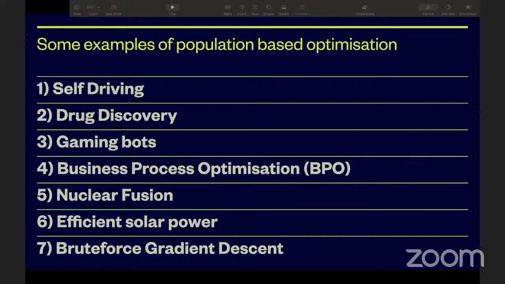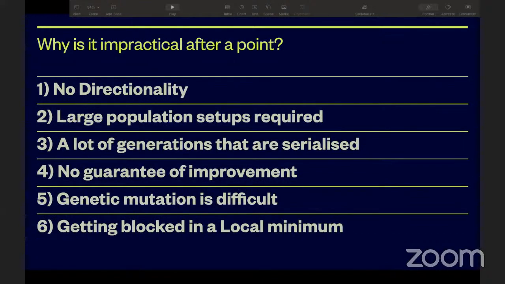So clearly, genetic optimization has different uses, but at the same time, it has a lot of problems inherently with it. So the very first problem is directionality. Just think of the same scenario where we have the virtual map of New York City and we have 100 different cars left in that environment in a random way. Now, the problem is we are wasting a lot of compute resources on cars that are not actually performing well. So in this way, there is no directionality to that effort, where multiple individuals are free to do whatever they want.